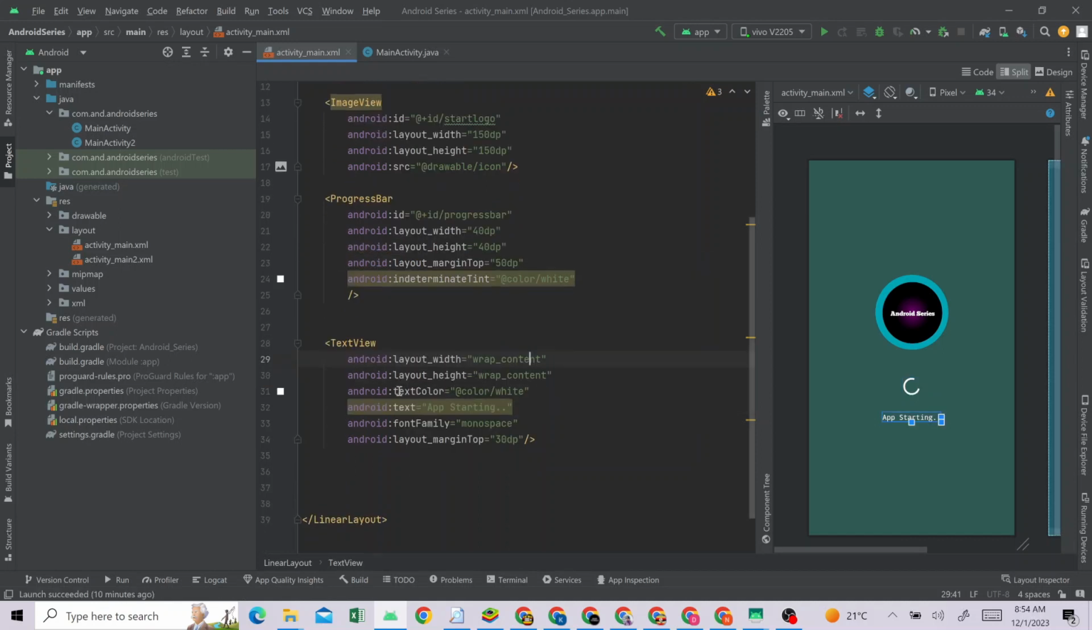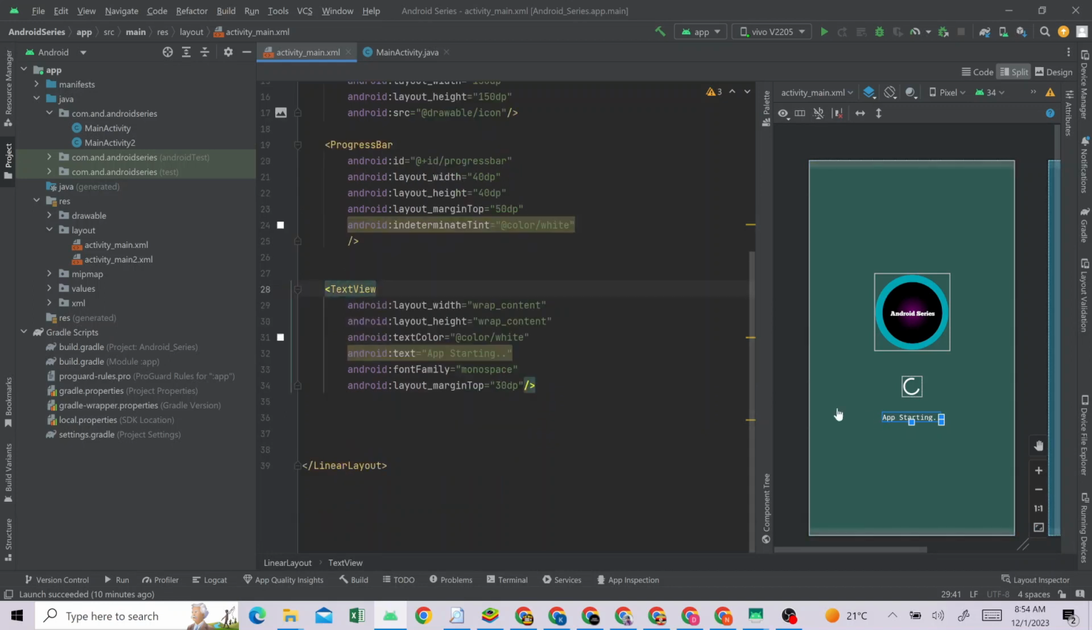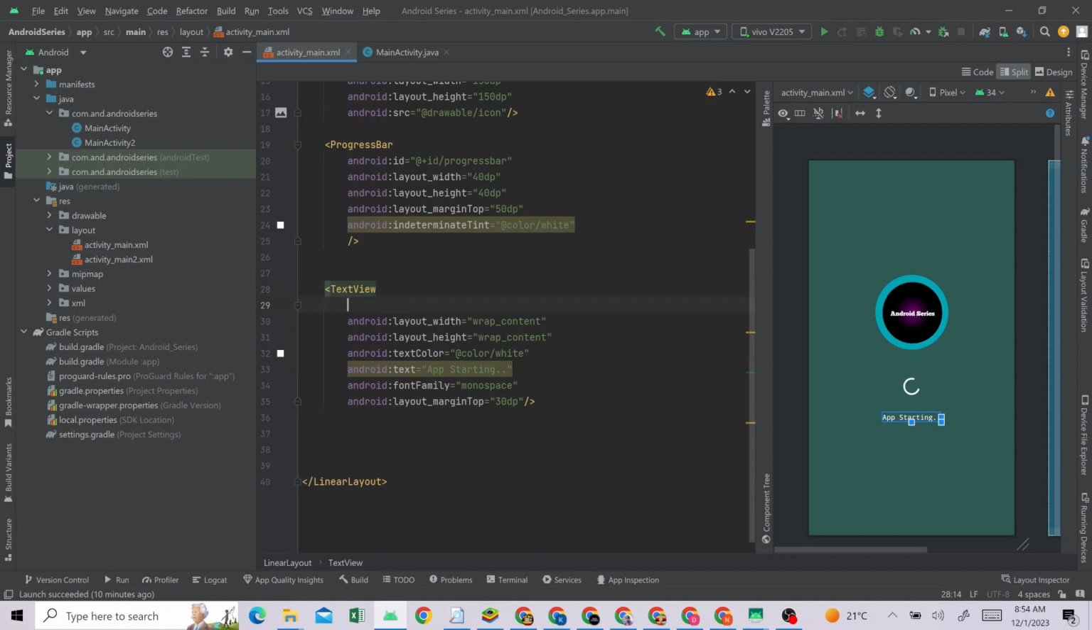I don't know why my PC today is too slow. And we have the text view, we give it an ID at ID. Sorry, my PC today is too slow, I don't know why. At ID, it is too slow. Okay, at ID we give it maybe start text,